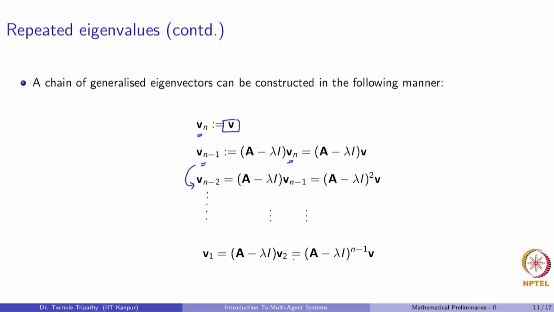So notice that if we know just one of the vectors here, we can calculate the rest. So let's start with the vector V1. If you notice here, the vector V1 is simply the ordinary eigenvector.